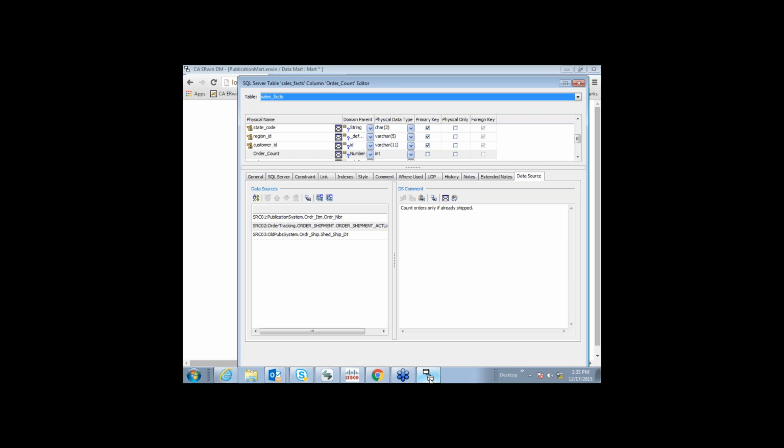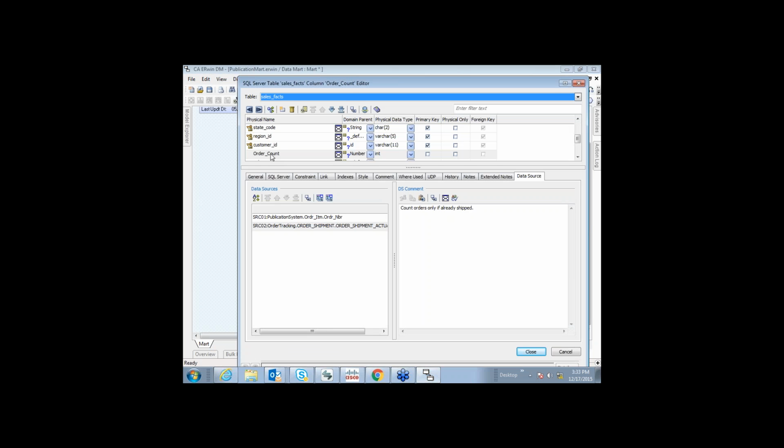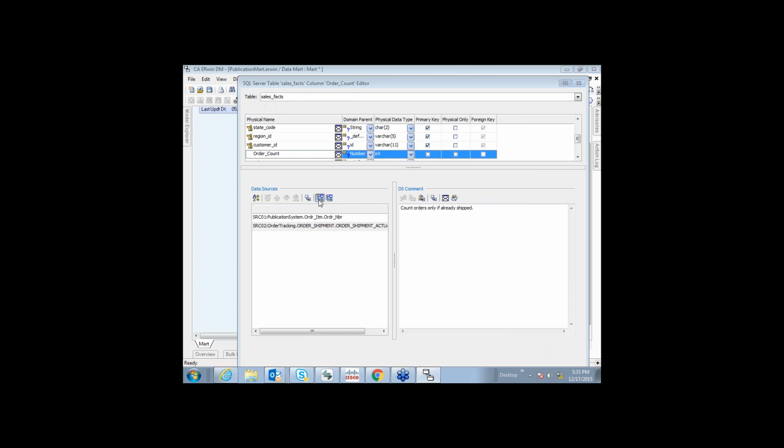Okay, what I'm going to discuss, basically we're using ERwin here from a data mart perspective, where we're creating a dimensional model and identifying all the sales facts with the dimensions around it. Within ERwin, you can go into the tool and edit the columns, and identify which items are being specified from the source systems. You can track them in here, and you can pull in tables and columns from other systems, as I can show here.